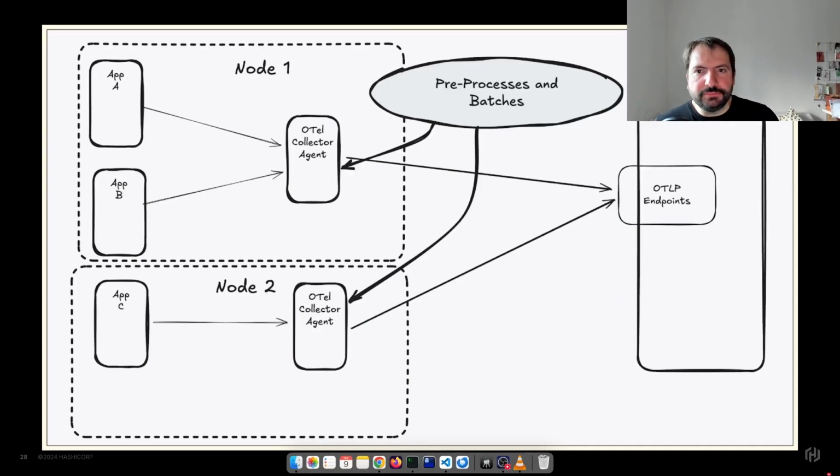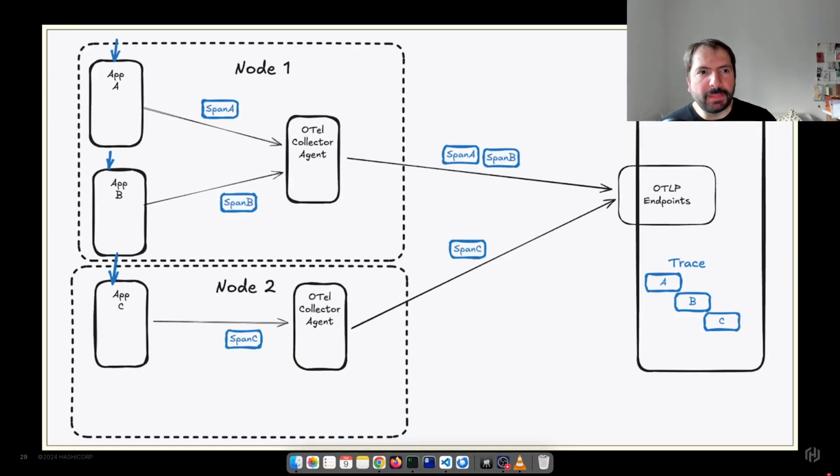And here, the cool thing is they can already do some pre-processing, augment the data they are receiving, and also batch it and send it forward in batches. So the backends just receive way fewer requests, but in a batched manner. So we could also use this approach, but the only problem here is, or it's not a problem, but